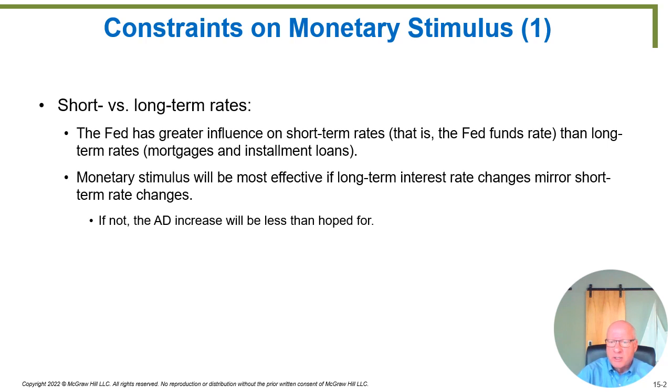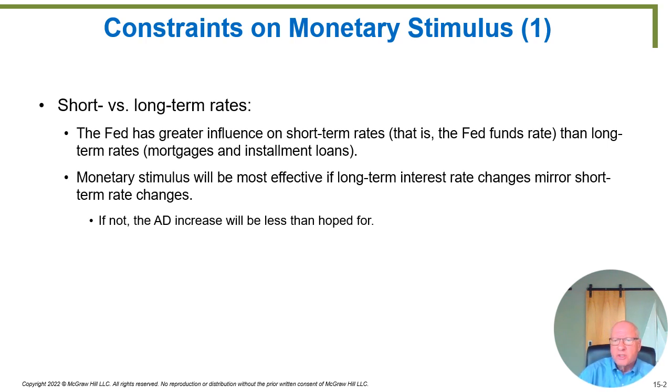And monetary policy was, let's change the amount of money supply in the system to influence interest rates, which will influence investors and homeowners to buy more stuff and thereby shift the aggregate demand to get the economy rolling again. The Federal Reserve can only control the money supply. They can't control the ultimate amount that people spend on new houses or new equipment. So it's a policy that we hope will work.